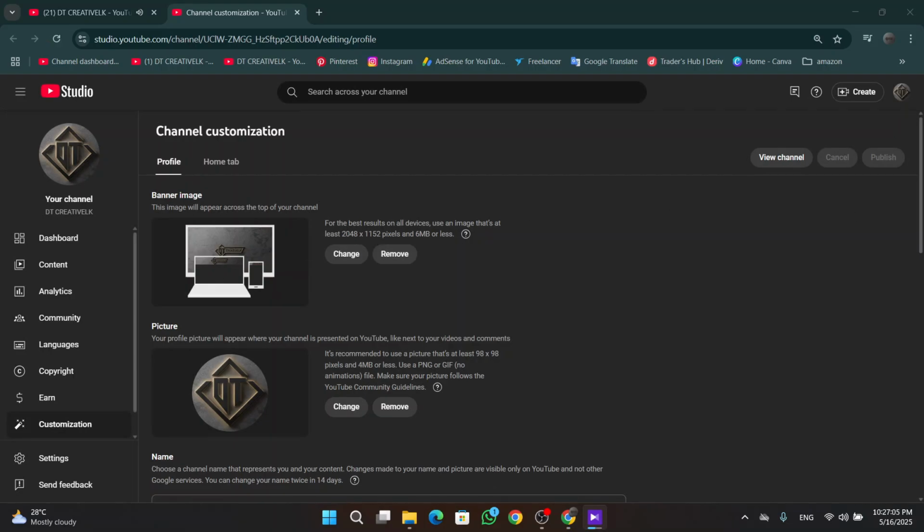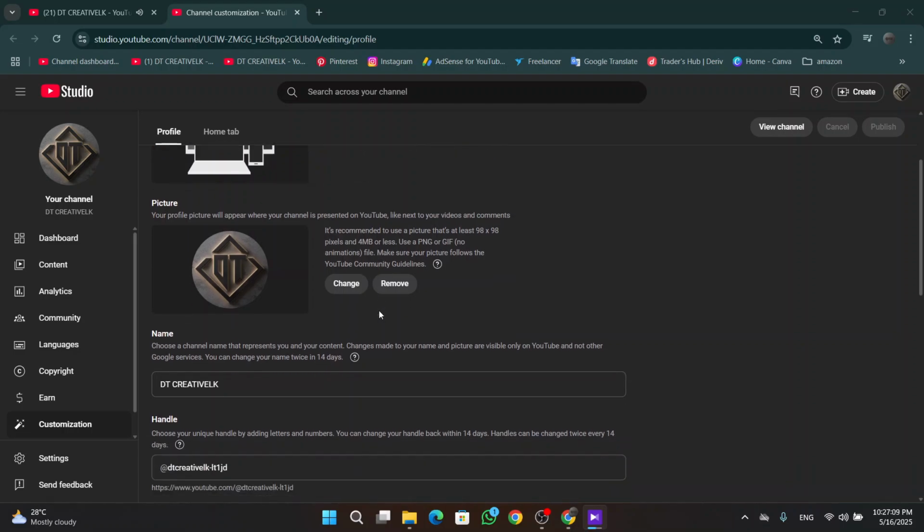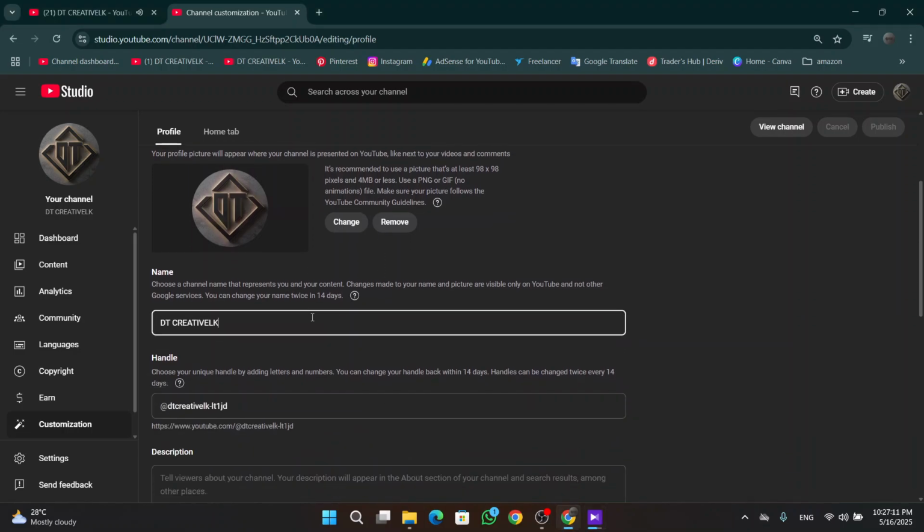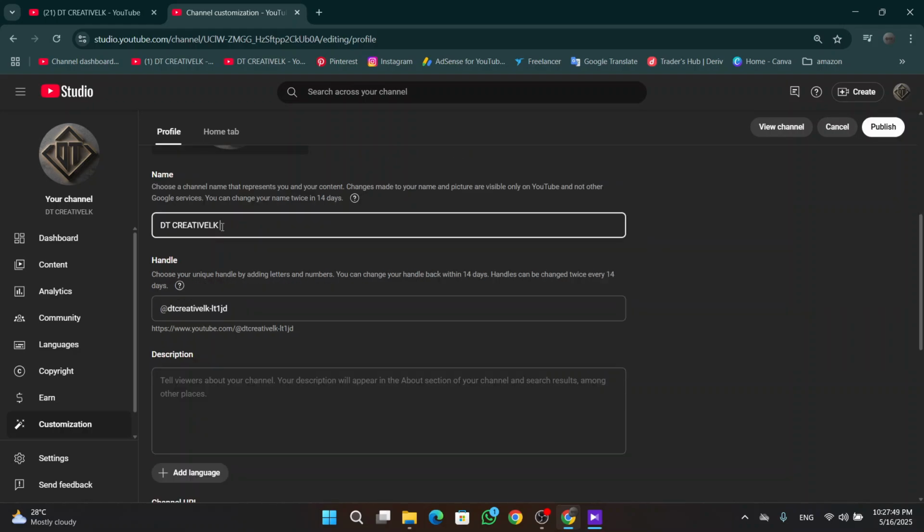We can then scroll down until you find the option, the name. Then what we can do is go and press edit channel name. In this case, as I'm verified, I will be losing it. I'll go and press proceed, and then what you can do is go and type in what you want your